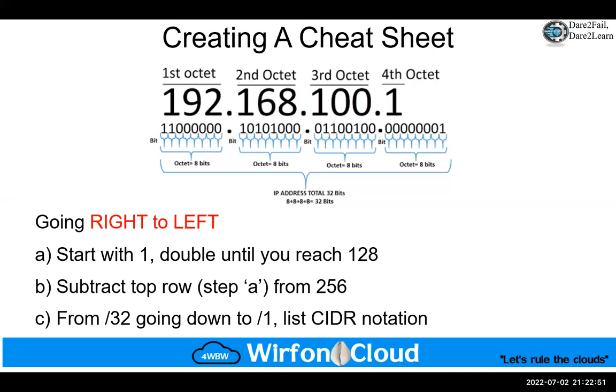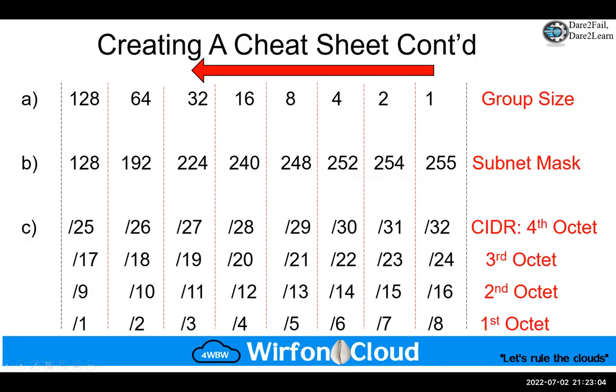All right. So on the same page, you should have something that looks exactly like this. So your group sizes from 1 to 128, your subnet mask from 255 to 128, and you have your different